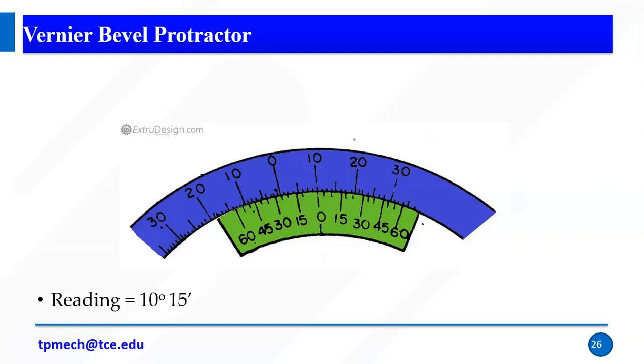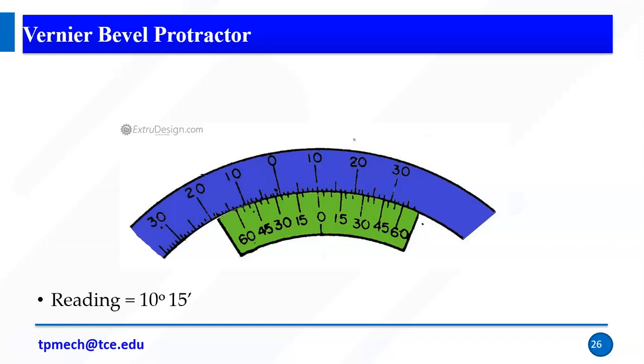This is the exact value. So in a protractor you cannot measure in terms of minutes, you can measure only up to a degree. So minimum 1 degree only you can measure, you cannot measure how many minutes are in it. But as far as the vernier bevel protractor is concerned, you can measure in terms of minutes. That is one of the advantages of the vernier. So as we go for more accuracy,